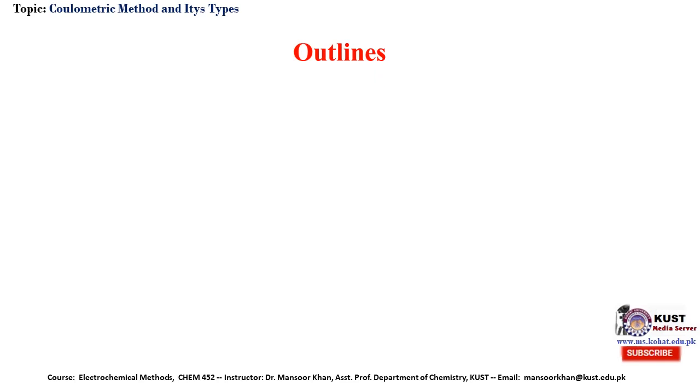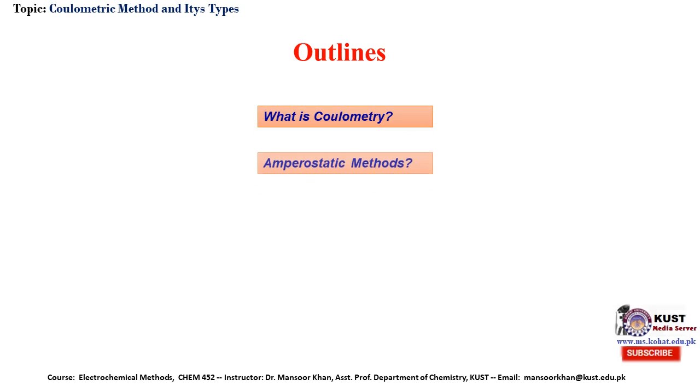This slide shows the outline of this lecture. So in this lecture we will discuss what is coulometry, its basic principle, instrumentation and its application in analytical chemistry. We will also discuss its types, which include the amperostatic method of coulometry, its basic principle, instrumentation